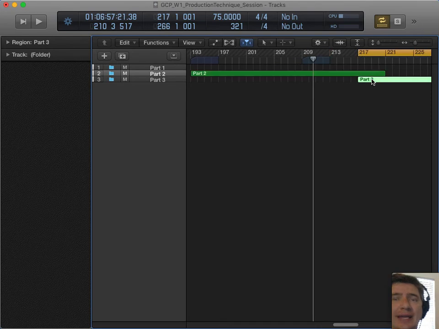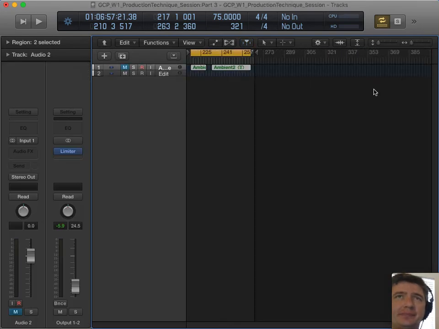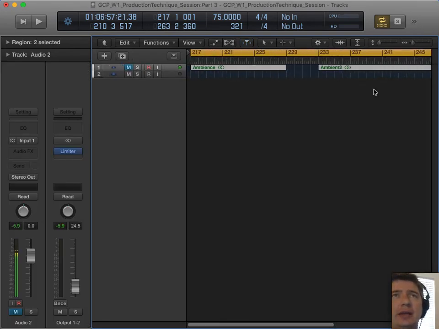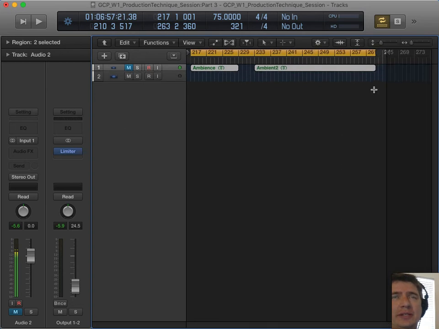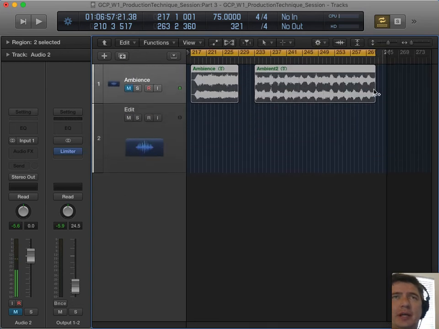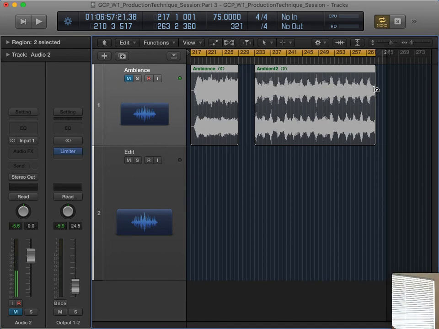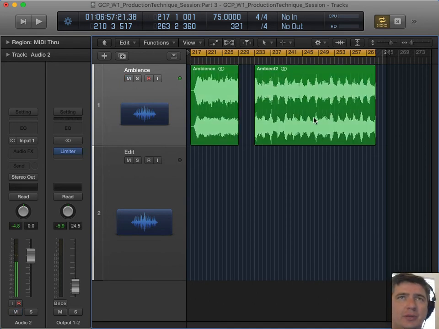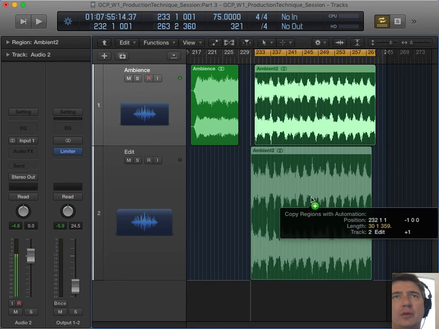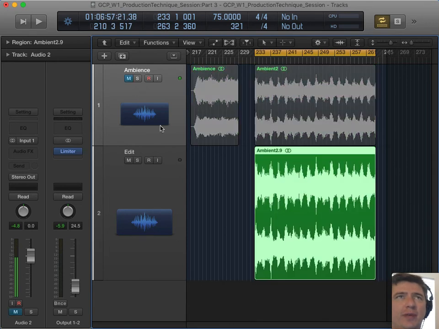And our last technique is creating loops from music that does not loop very well. And it actually works very well with pads and drones. But we're going to try to create a loop from this. Let me just play this real quick.